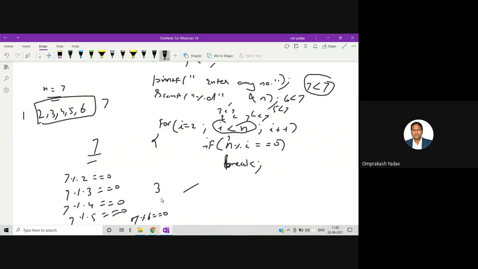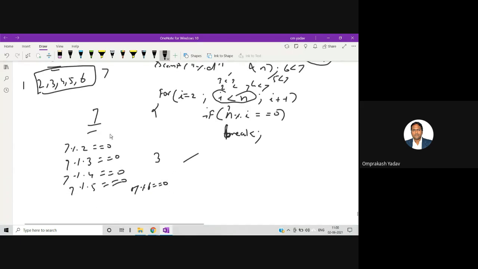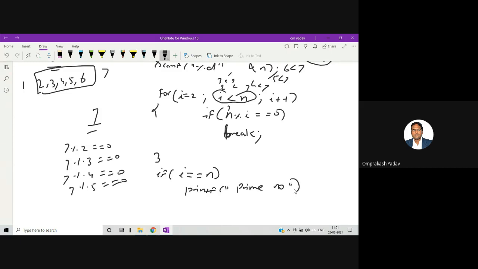And here I can simply write: if I is equal to n, that means if I has reached n, then we can say printf prime number, else printf not a prime number.